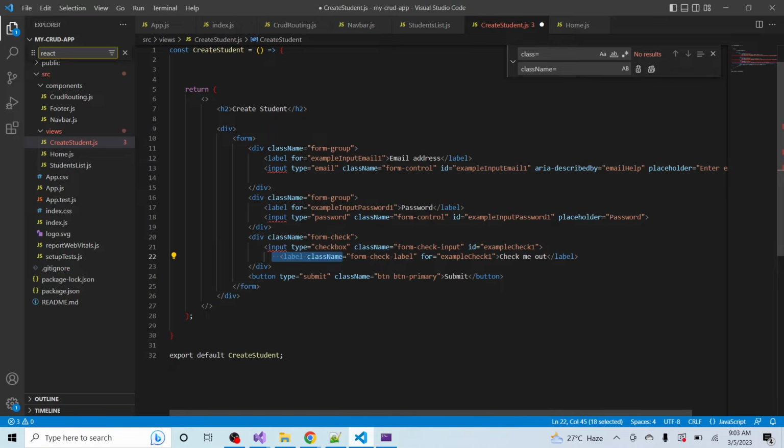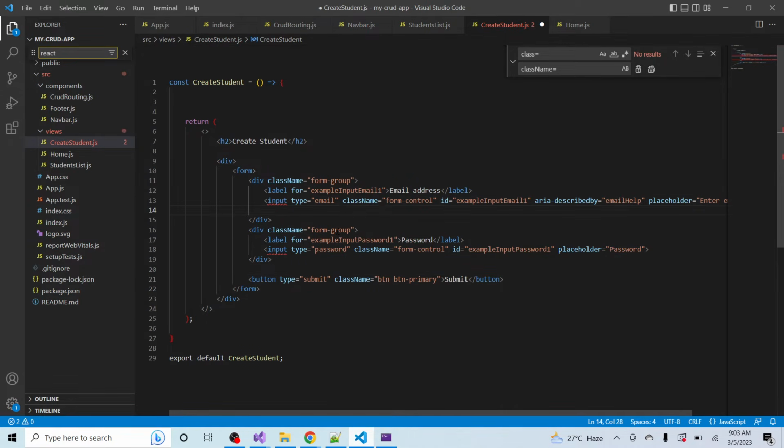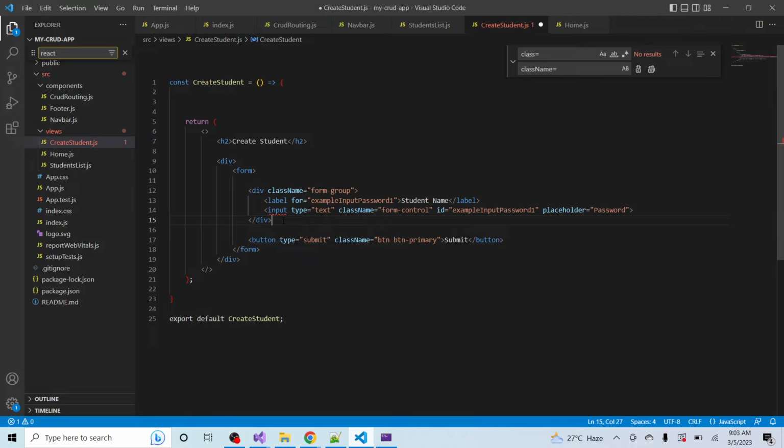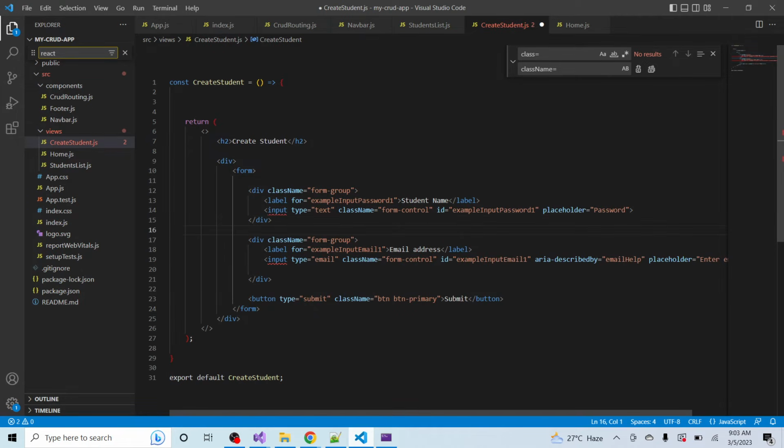There is no need at the time. From checkbox, remove this one. I have only to provide a text field for the student name, and it will be the email address, right? Let me copy this one, Control X, and paste below this line. And form,